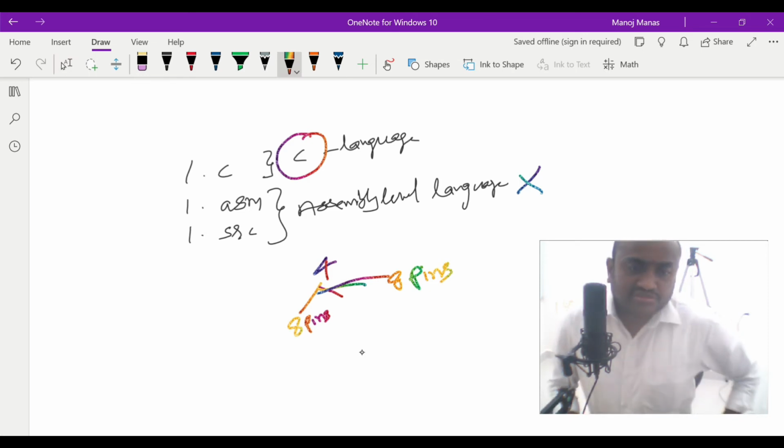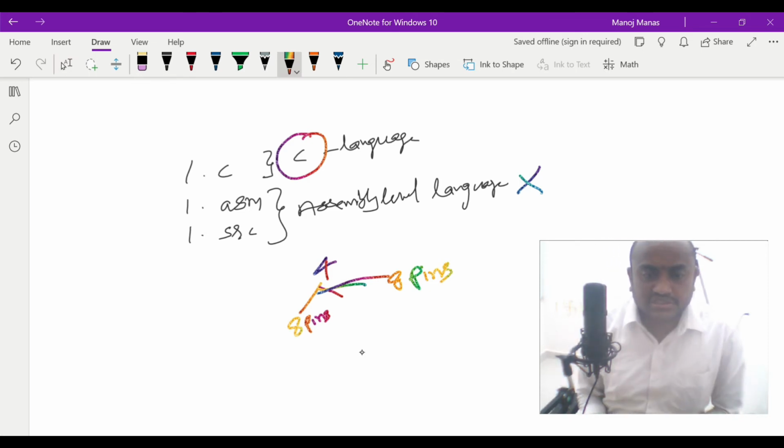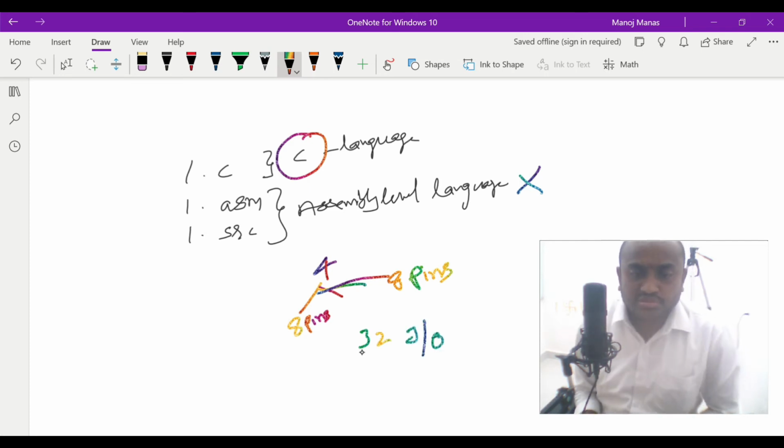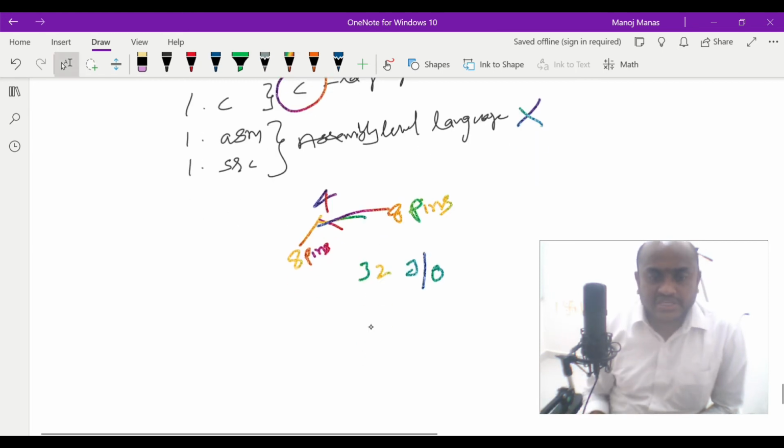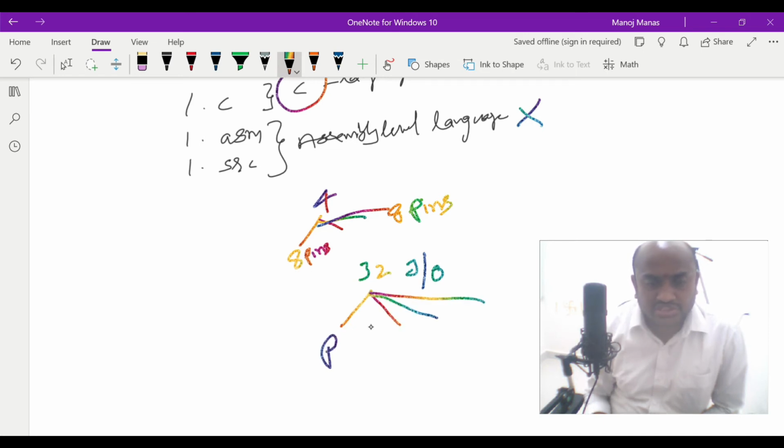So 8 pins into 4 will give us 32 input outputs. These 32 input outputs are arranged as port 0, port 1, port 2 and port 3.